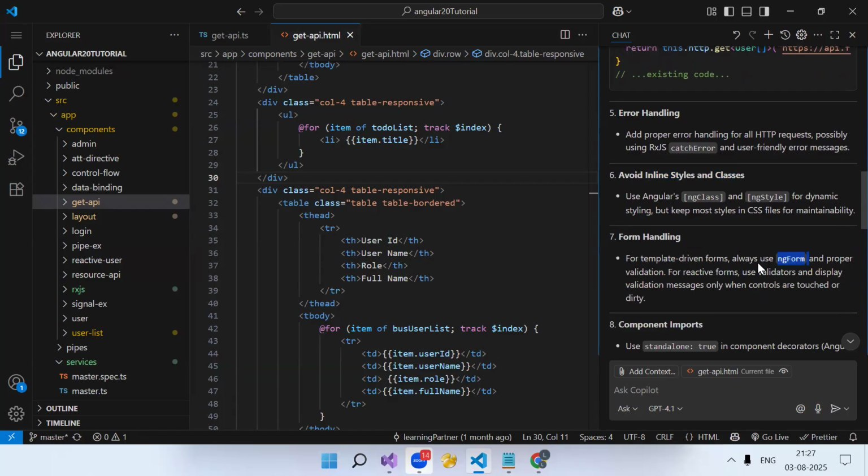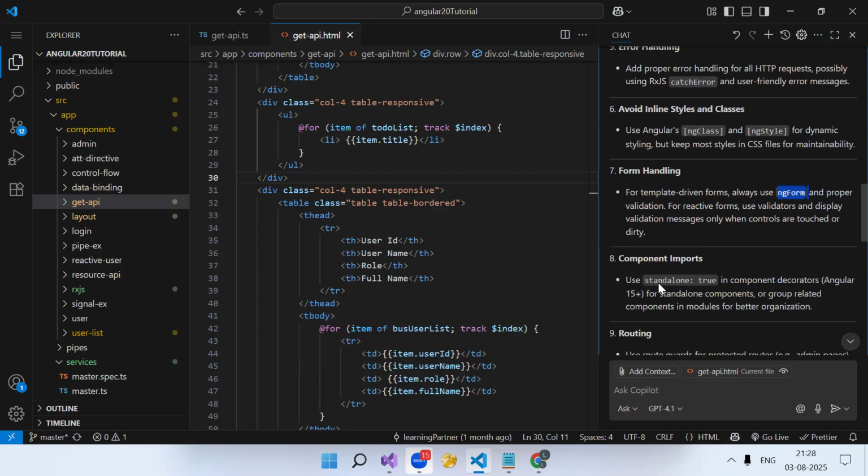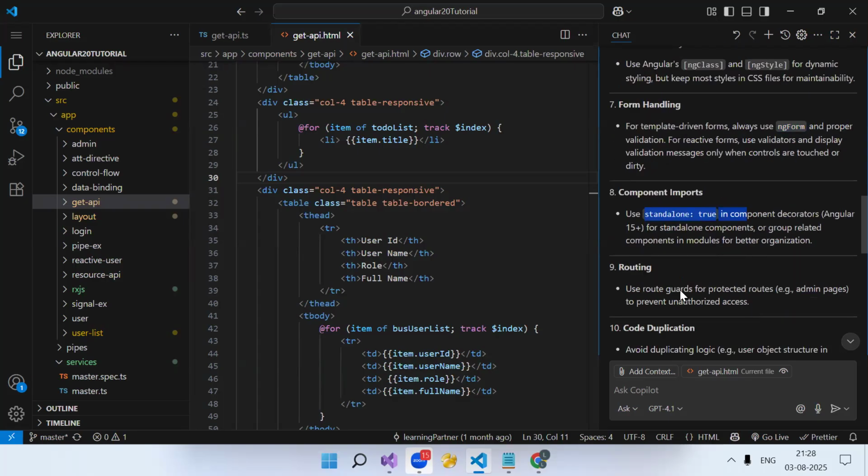So when you use the template form, right? In your reactive form, we have the form group, but in template form also, same as reactive form, we have ngForm. Just like form group data type is there, in template form we have ngForm. So whenever you create an instance of your template reference variable in ngModel, just like that on the form also, you can create the instance of ngForm. Then it is saying component instance, use standalone true. Routing guard I have not implemented, it is saying to